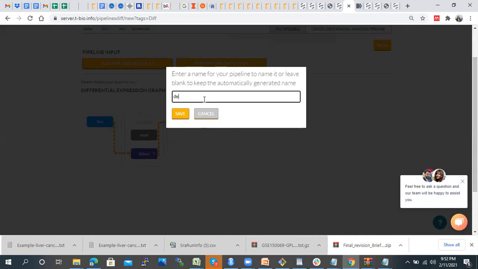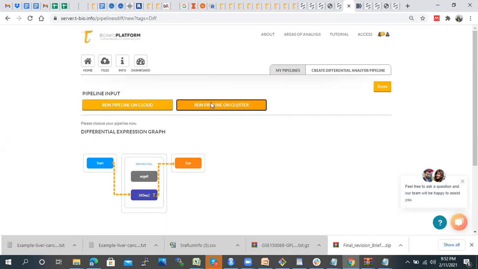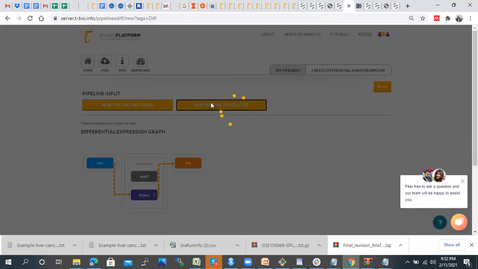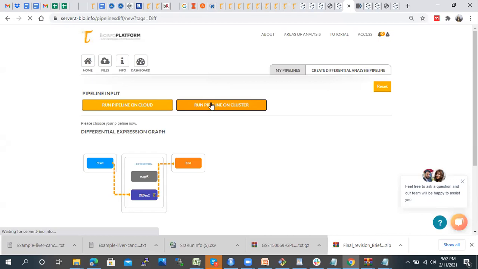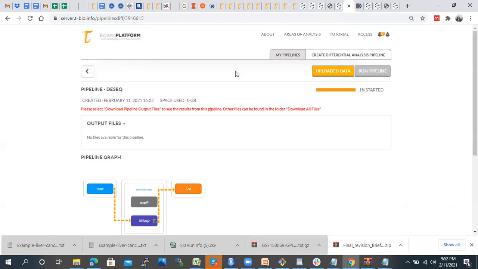Like DESeq, it might take a bit of time. Meanwhile, what I can show you is that you can perform various kinds of analysis, like hierarchical clustering. This is one way that we can obtain results from DESeq.